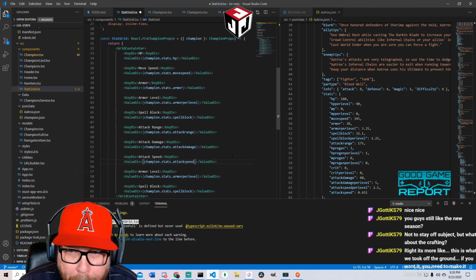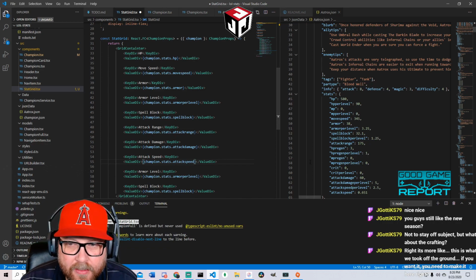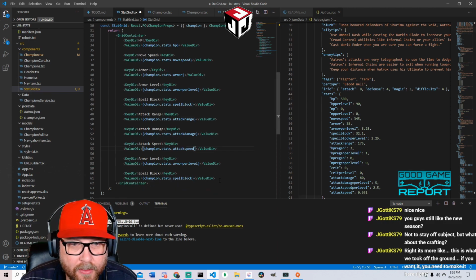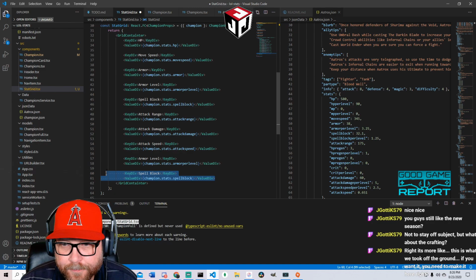I don't know what MP region is. I know what HP region is. All right, I think armor level, that's duplicate. Got attack speed, attack damage.